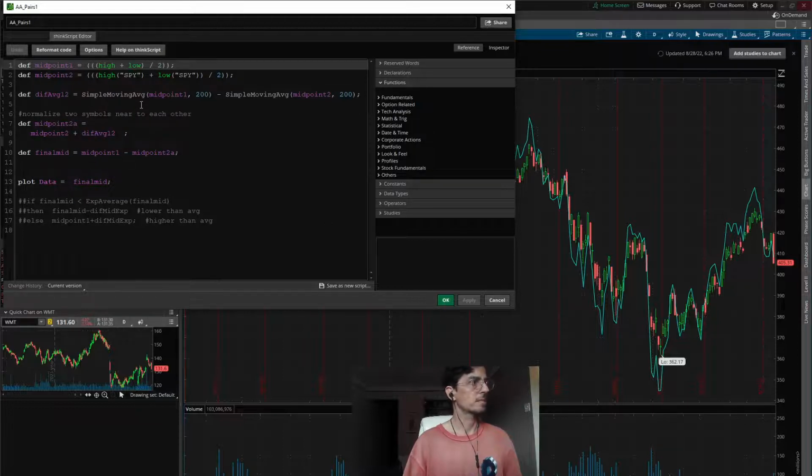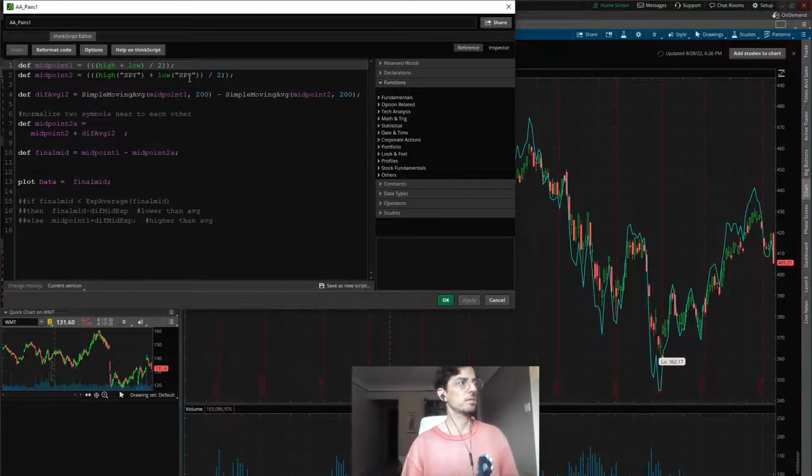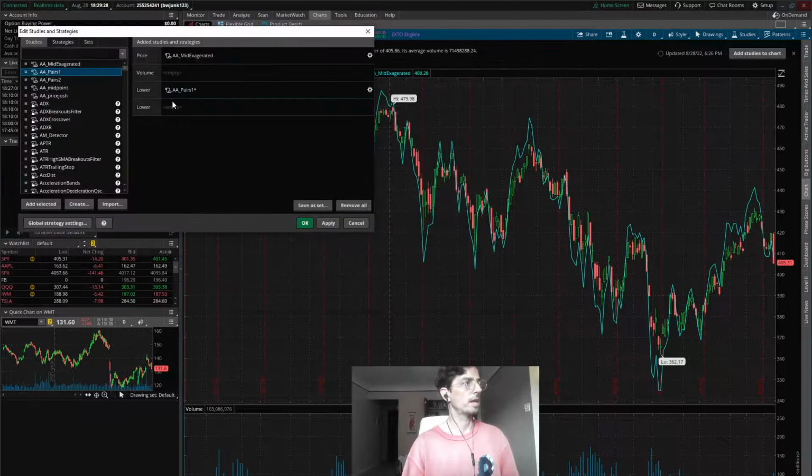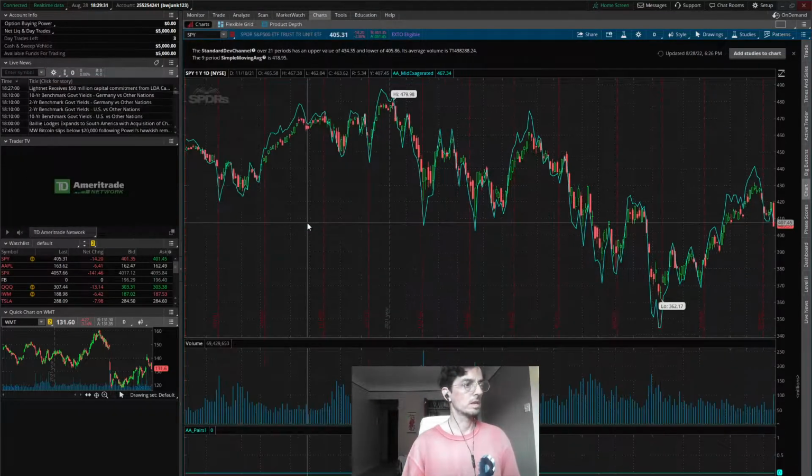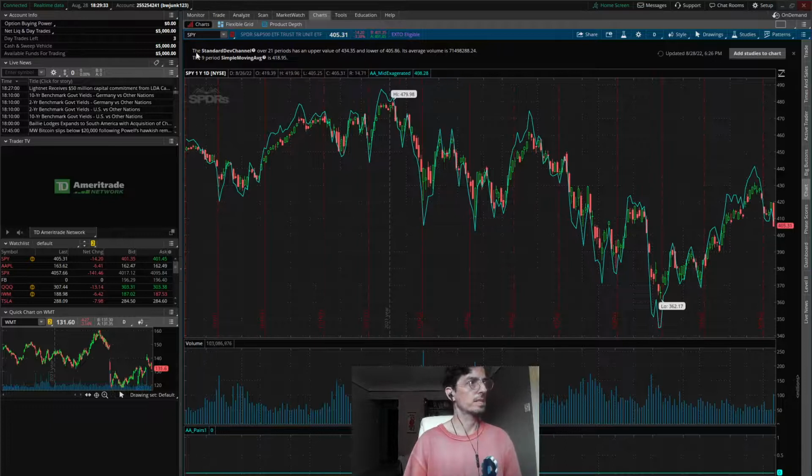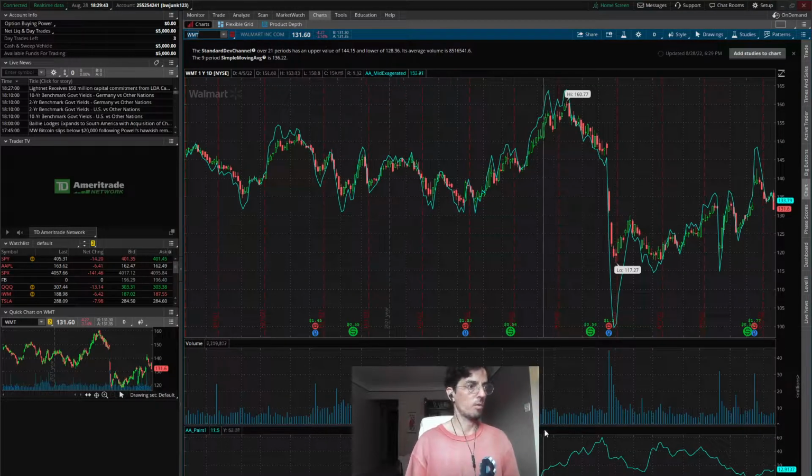It normalizes them. It gets them into the same range because SPY. Well, this is SPY, right? So pairs one. So what it does, since we're looking at SPY, it's comparing it to SPY. And since they're both the same ticker, you get this flat line. But if we took in here and put Walmart, okay, now we get this.